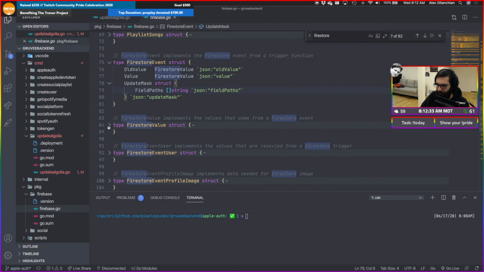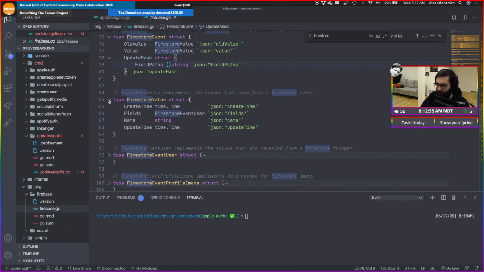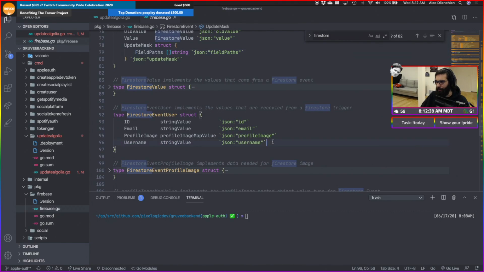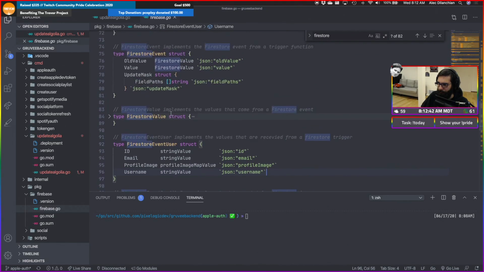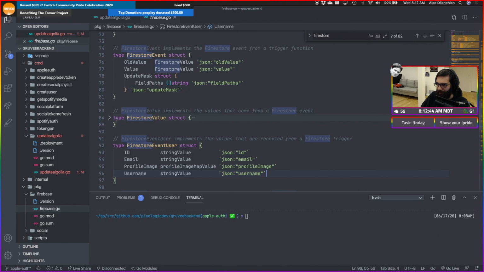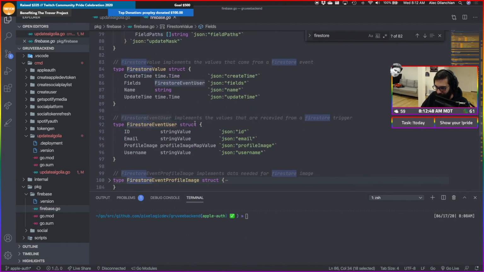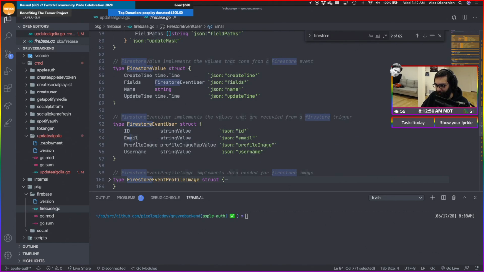Where Firestore value, name, Firestore event user. Oh, here it is. Oh, right. The Firestore value has some Firestore event user as the fields. Then it has ID, email, profile image, username, and then it's going to be also display name.